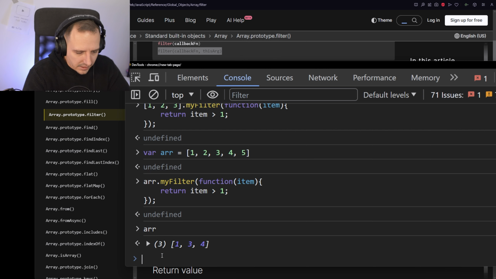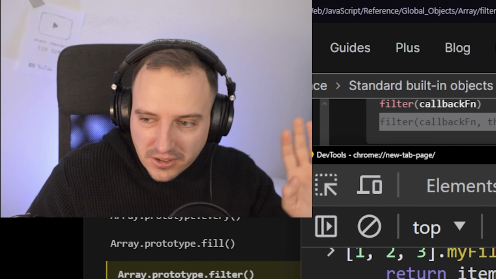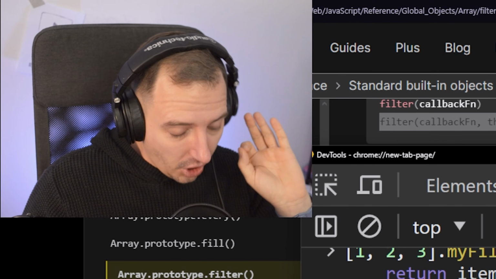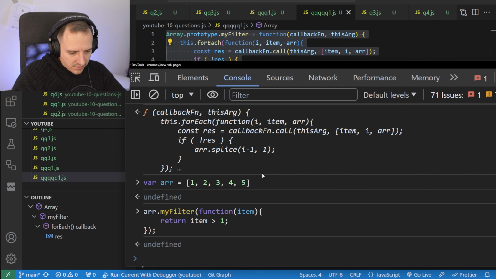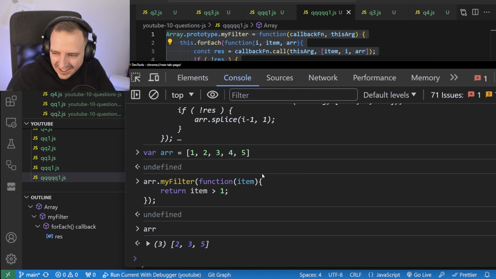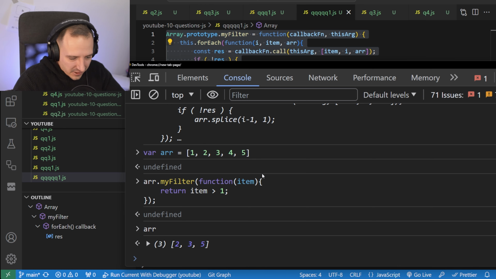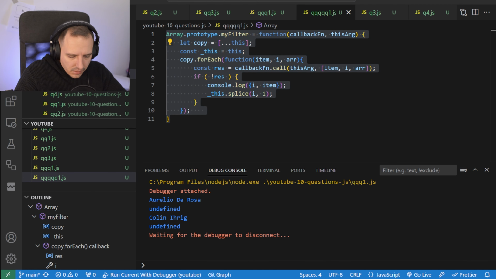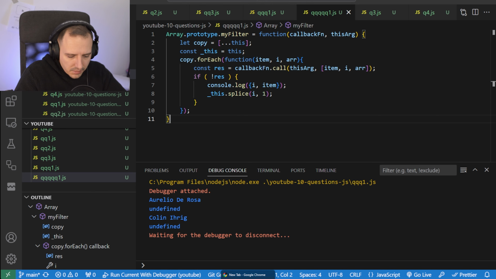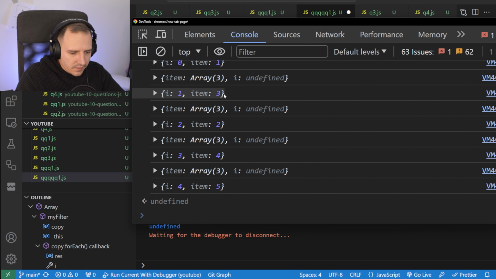Uh-oh. No, it's almost good. Almost there. Everything that's bigger than 1 should stay there. With array 2, 3, 5, where's the 4? Where did 4 go? It's gone. You no longer need 4. So it's still not good. Maybe I need to also reload the thing. So let me write this code, the whole test here. It's going to be easier, so we don't waste that much time. Let me reload and see.